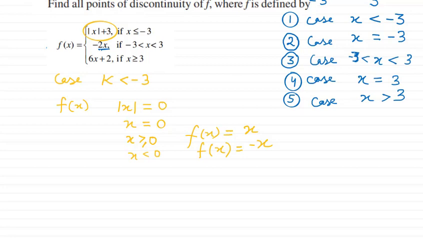But now here we have f(x) as mod x plus 3. So what about when your k is less than minus 3? In that case minus 3 is less than 0, okay. So in that case your mod x will become minus x plus 3. This will be the function when we take k less than minus 3. I hope this one is clear. For k less than minus 3, this function mod x will become minus x plus 3.